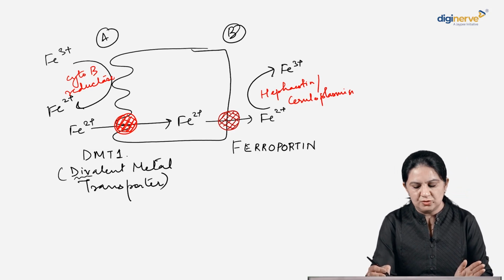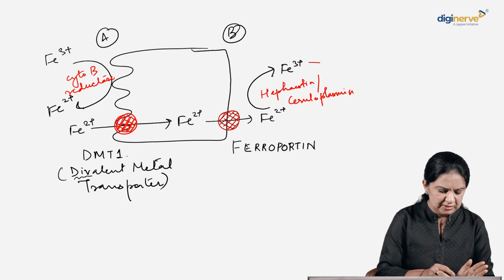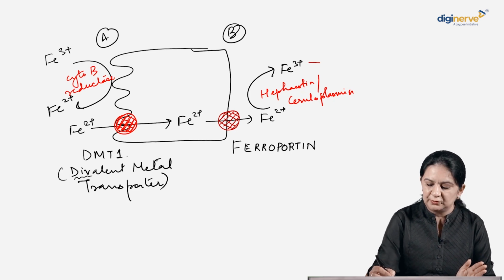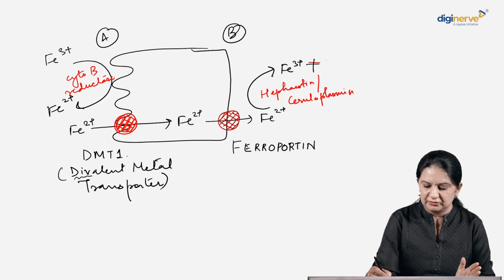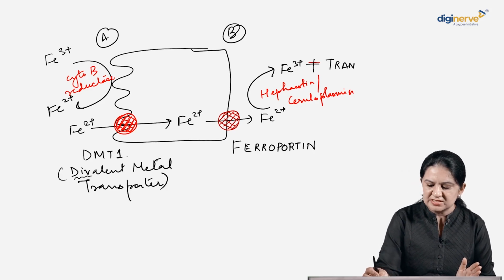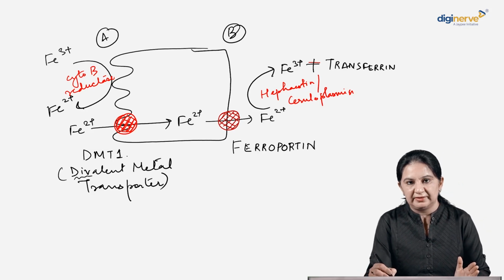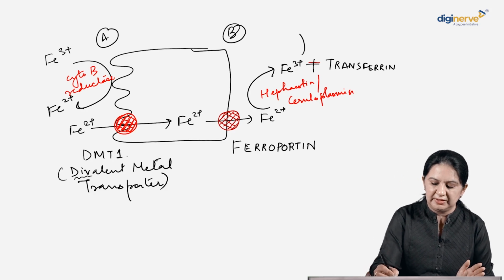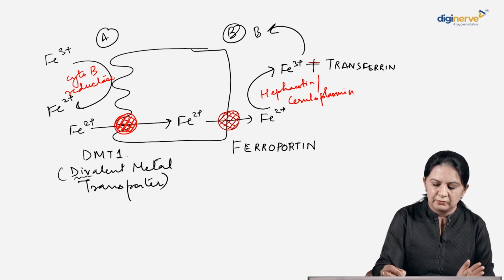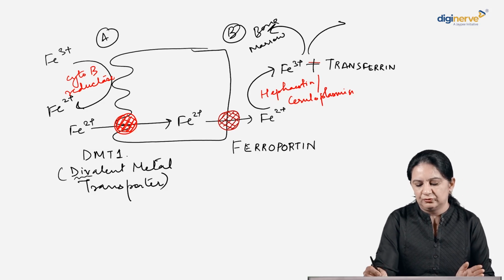Will it circulate on its own? No, you need another protein, basically a carrier protein, which will carry it into the circulation. This protein is known as transferrin. All right. So ferric iron in combination with transferrin will be circulated into the blood. It will go to the bone marrow for production of hemoglobin, and the extra iron will go to the liver and will be stored as hemosiderin. All right.